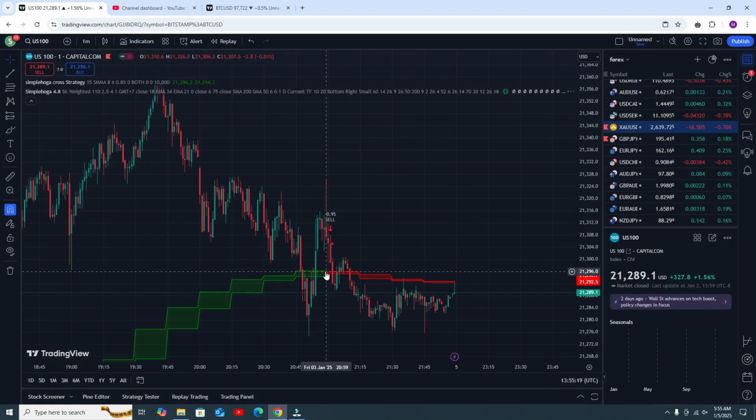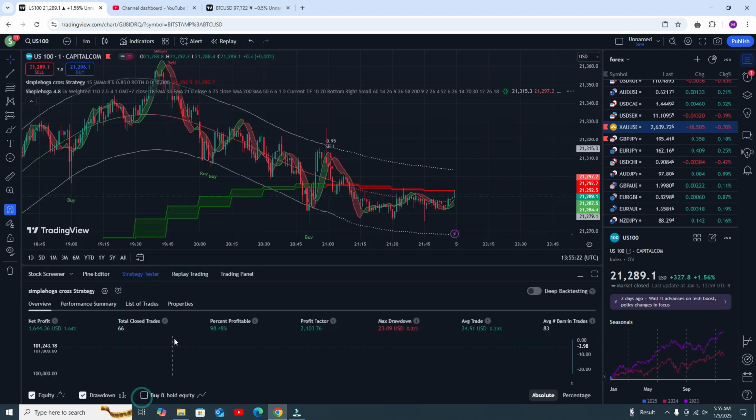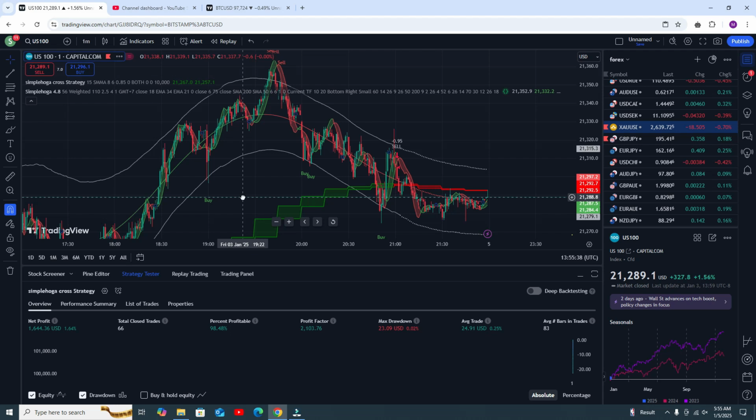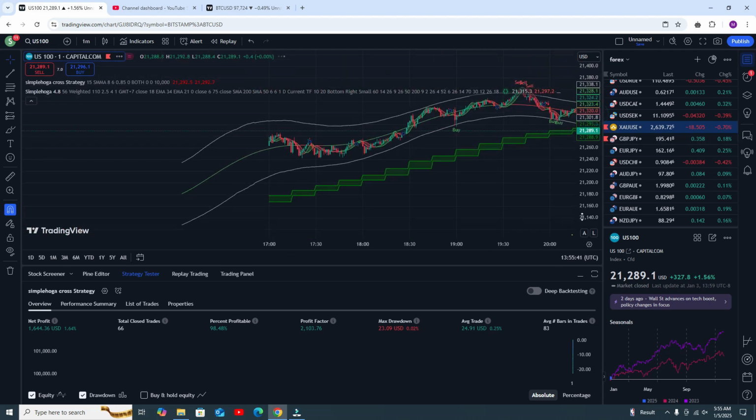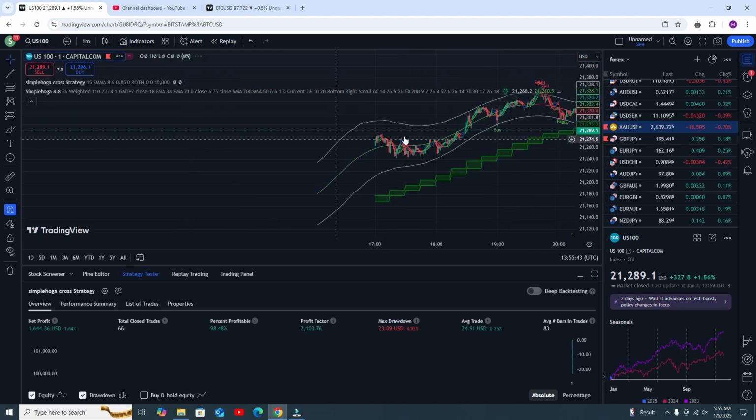Okay, now you can see it's working perfectly fine. Just 90, that is awesome. Okay, I do not need to explain this one, you can watch with your own eyes. Out of 66 trades you are getting around 100% accuracy. That is awesome. I do not need to explain this, because it is unbelievable and unexplainable.